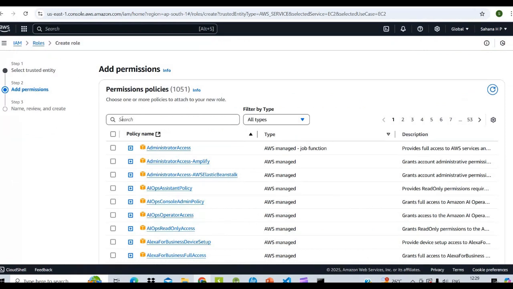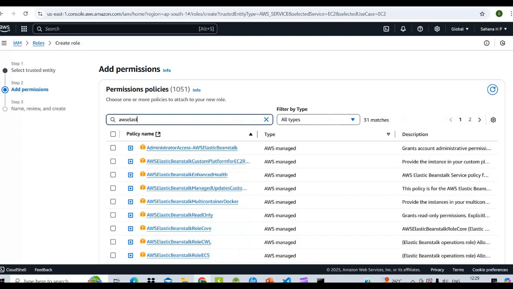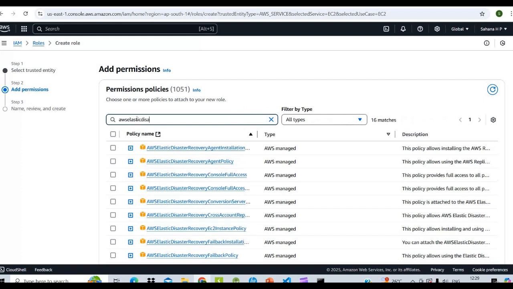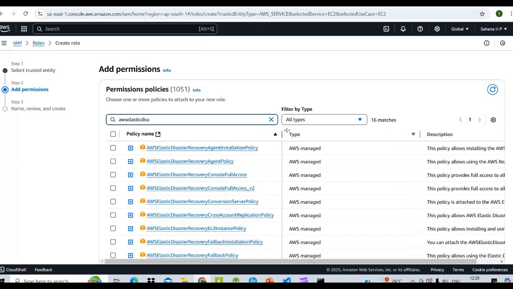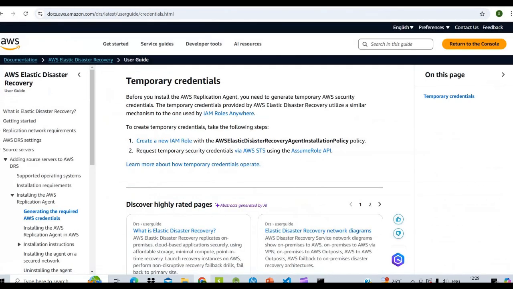So select the AWS Elastic Disaster Recovery Agent installation policy. Click on this and go to the documentation.